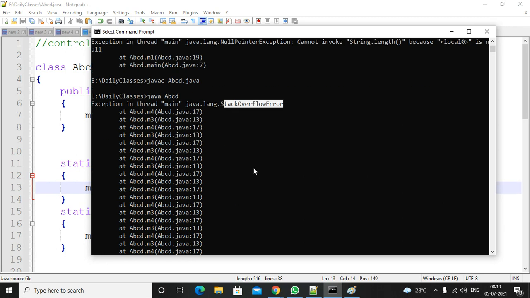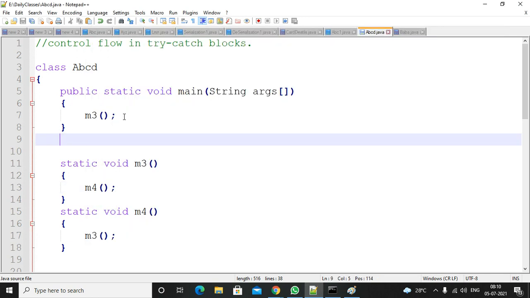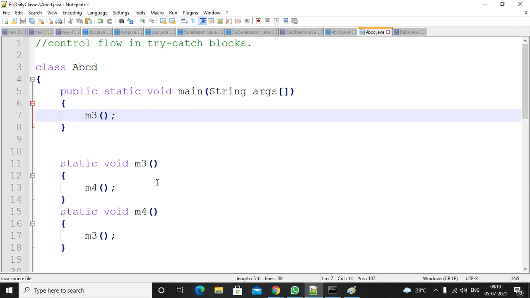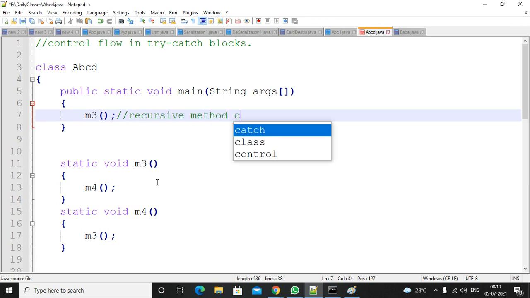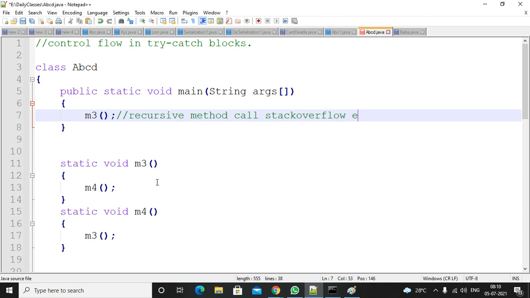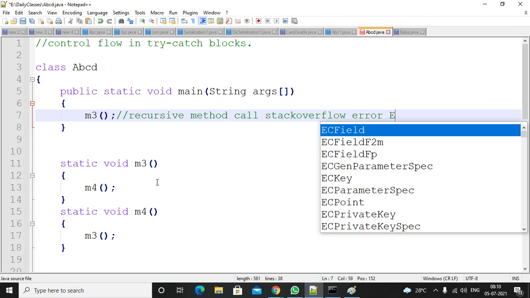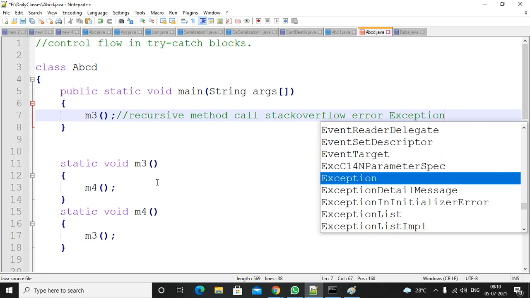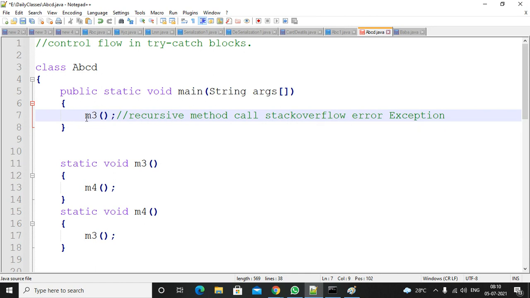This is one kind of exception. I hope you are getting the point here. So if there is a recursive method call, you will get a stack overflow error.